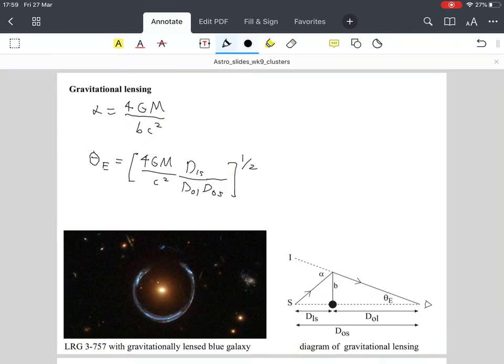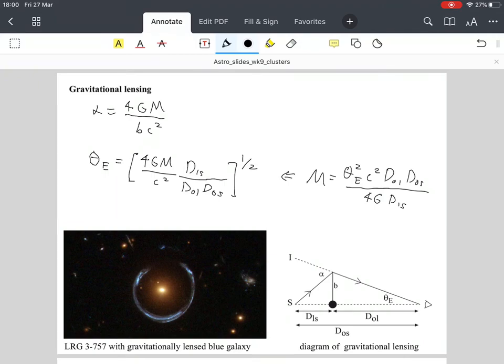So this is really useful because, as I said, if we can measure those distances and we see from the image gives us the angle theta E from the ring and from that central object, then we can just rearrange this equation and solve for M. So all you're doing is rearranging, and you get the mass of that object is this measured theta E squared times c squared, which is the speed of light squared, times D_OL times D_OS divided by 4G